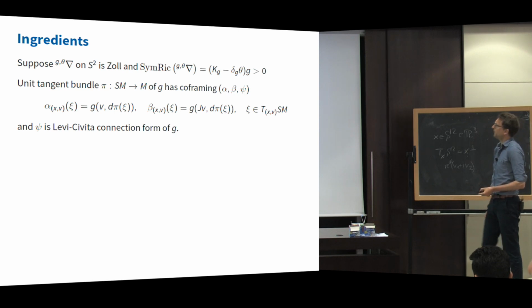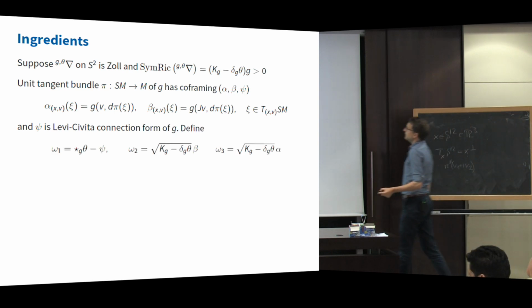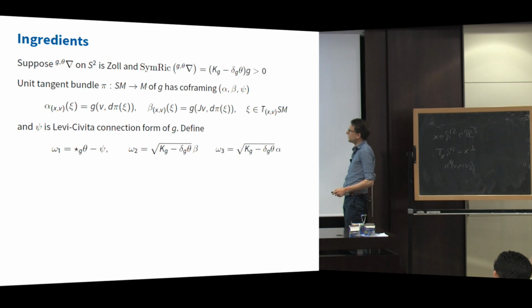And psi, the Levi-Civita connection form. Then you cook up a co-framing as follows. So here we have the Hodge star of theta minus psi. Here we have a multiple of beta and a multiple of alpha. And what's the geometric significance of that co-framing is, so the first two forms, if you remember Robert's talk,